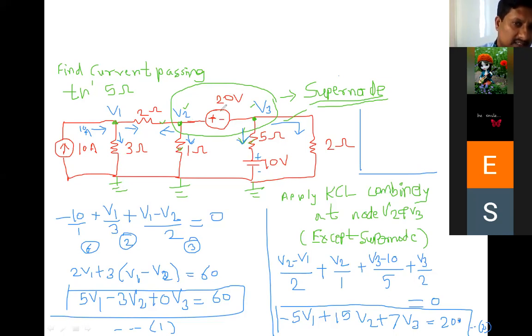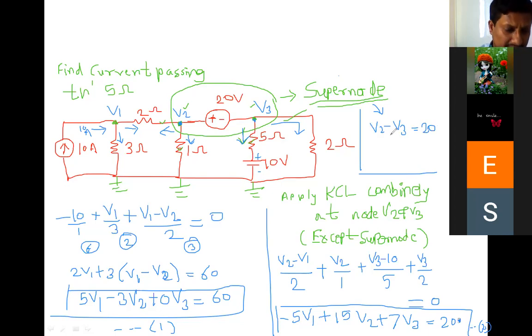So what is the voltage? Voltage is nothing but potential difference between 2 points. So this is the first potential difference, this is the second one. So V2 minus V3 is equal to 20. V2 प्लस आणि V3 मायनस काय घेतलं? कारण पोलॅरिटी बघा कसं आहे. इकडे प्लस आहे, V2 कडे प्लस आहे आणि निगेटिव्ह कुठे V3 कडे. त्यामुळे from supernode V2 minus V3 is equal to 20.